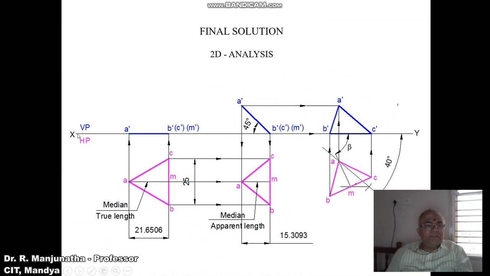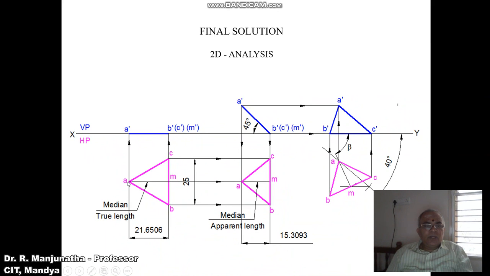First, to draw that, we are going to draw a thin XY line and mark XY, VP and HP. As we see, one of the sides of the triangle is resting on HP. The side which is resting on HP has to be perpendicular to VP. So draw a vertical line of a distance of 25 mm and mark these points as B and C. By using the compass, take a radius of 25 with B as center and cut an arc on this side, and with C as center, cut on the previously drawn arc, and you are going to get this point A. Mark this point as A, then join A to B, B to C, C to A with dark lines.